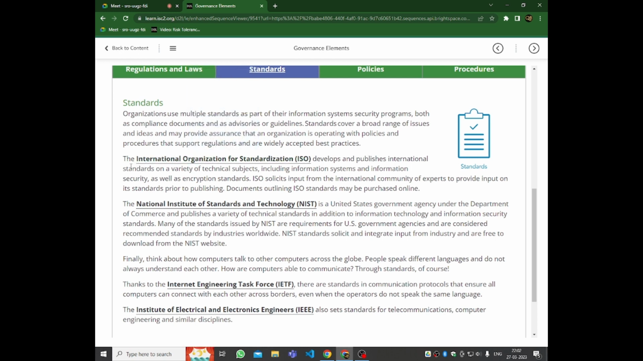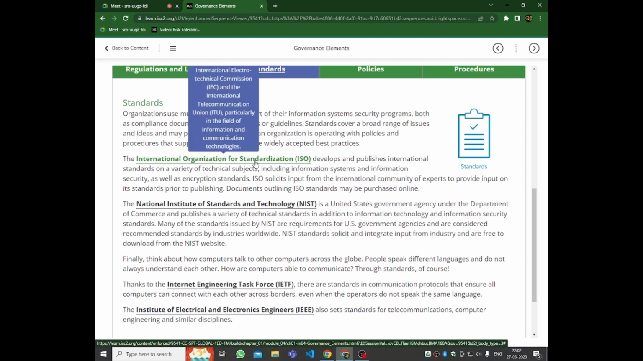Best practice, yeah. The International Organization for Standardization, the International Electrotechnical Commission, and the International Telecommunication Union, particularly in the field of information and communication technology,